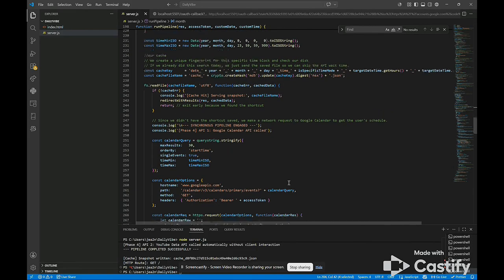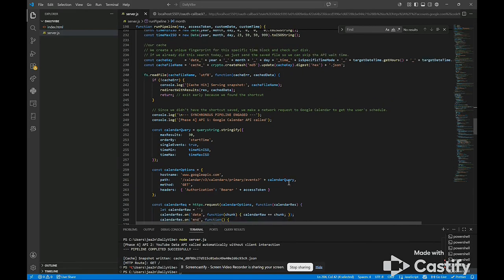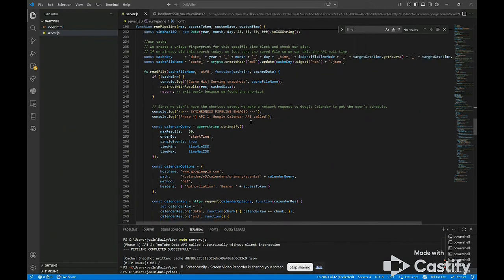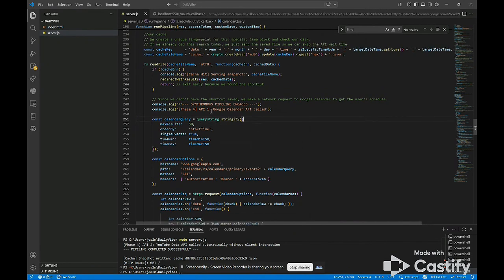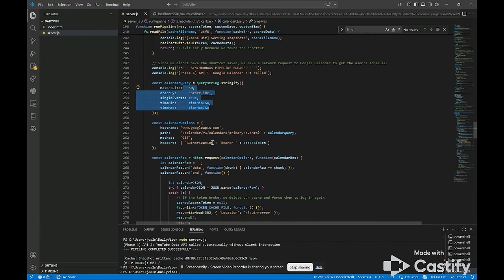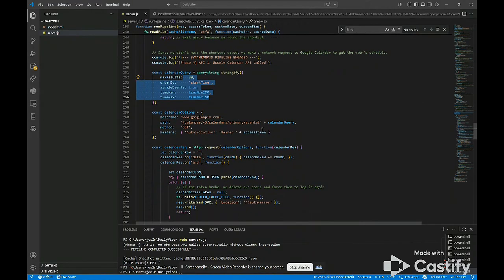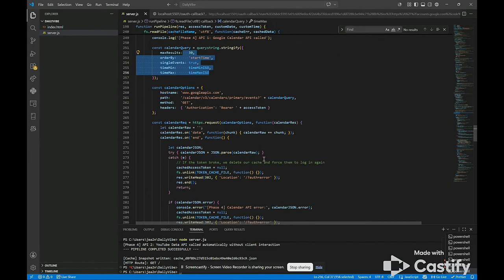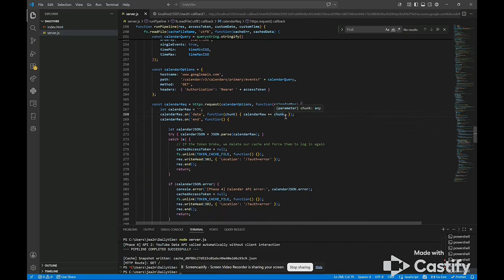And so if we didn't have a shortcut saved, then we have to make a network request to Google Calendar to get the user schedule. Going back to our APIs, this is where the synchronization pipeline request comes in. We're using the queries, stringifying them, figuring out exactly what we need, and then we get the URL of the calendar, and then we make a request again, like opening up the pipe,